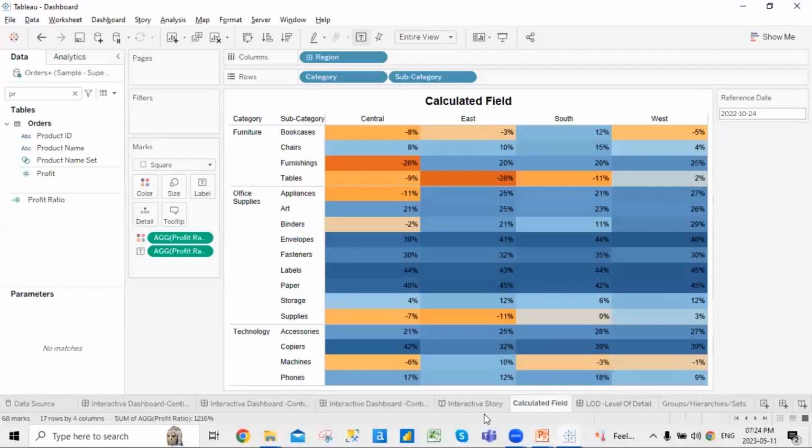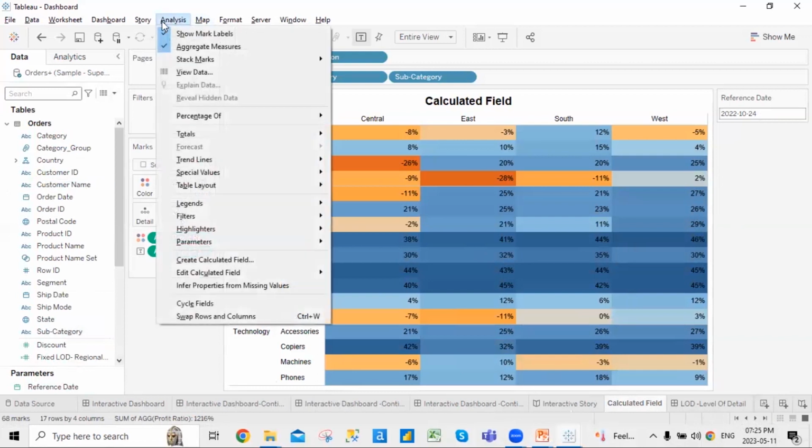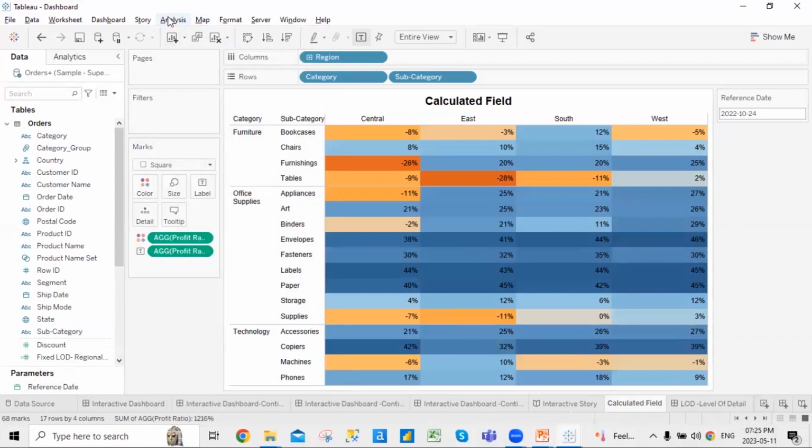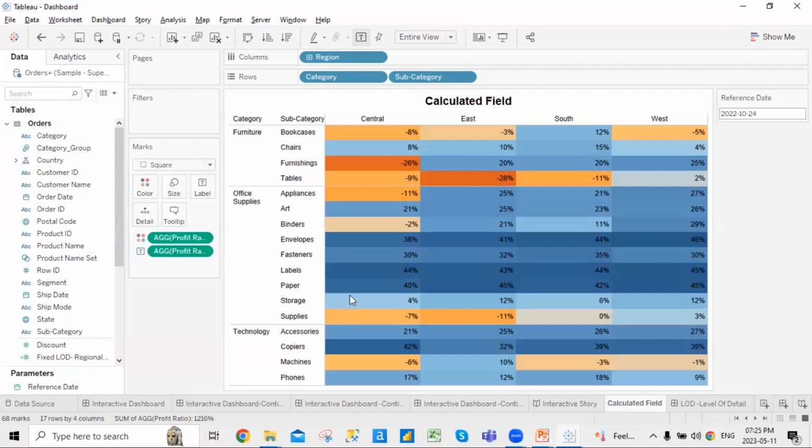Let's see an example of creating a parameter. Let's say I want to create a parameter for the reference date. Here I have created a parameter for a reference date. I can go to Analysis, where you see the created field. If you want to create a parameter, you can go to the arrow, and there is a next option of create parameter. From here, you can create parameters the way I have created the reference date,